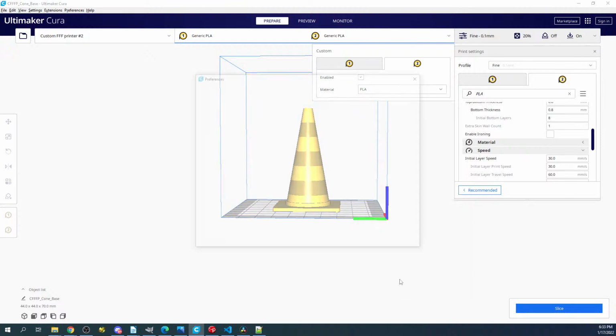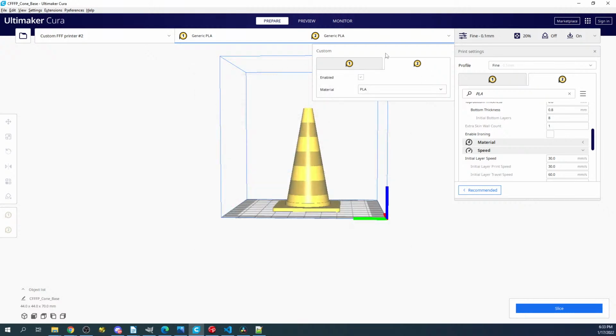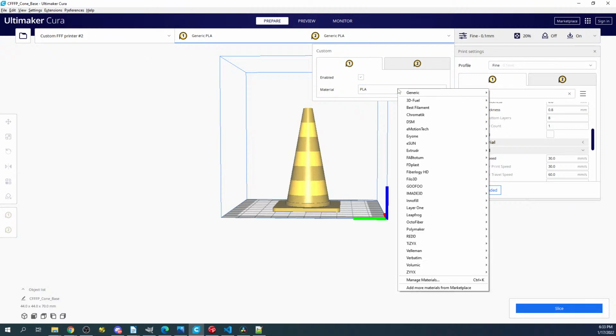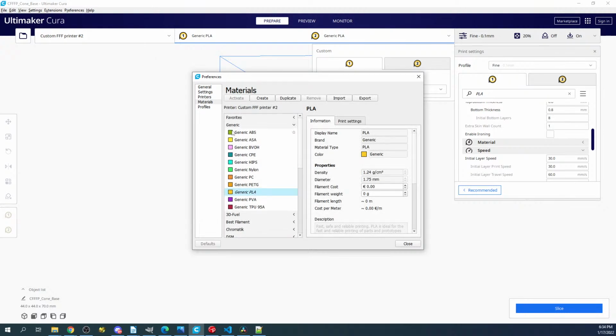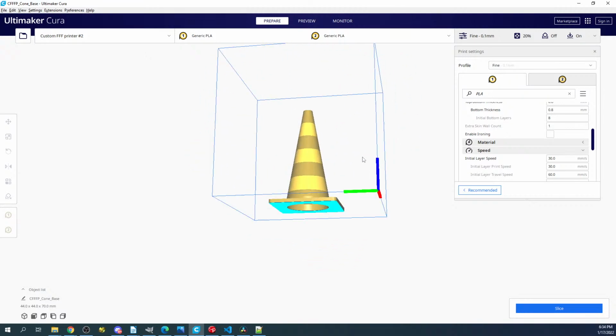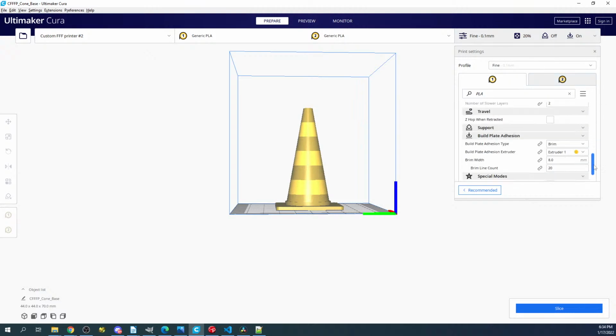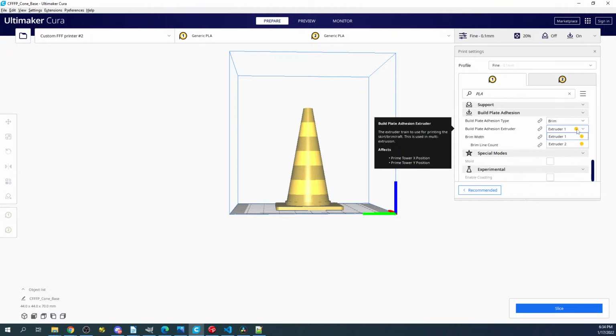Let's see, manage materials. See if we can turn that to green. That one to blue. It might not represent it in here, but essentially it doesn't really matter as long as it knows to pick between the two extruders. This is a kind of difficult setup that I have to experiment with, so it's going to be kind of lame watching me do it, but you can see the colors right here. Obviously they're not allowing you to see them in different colors,